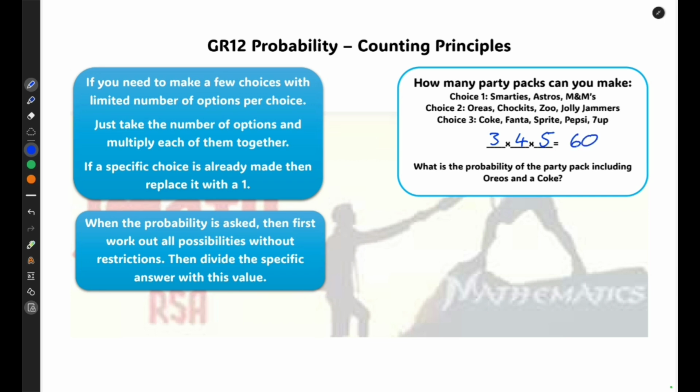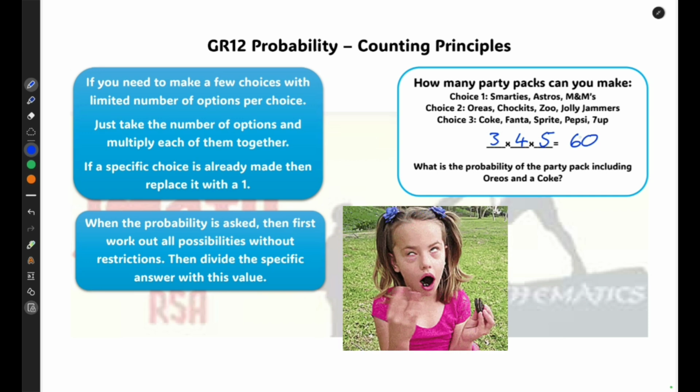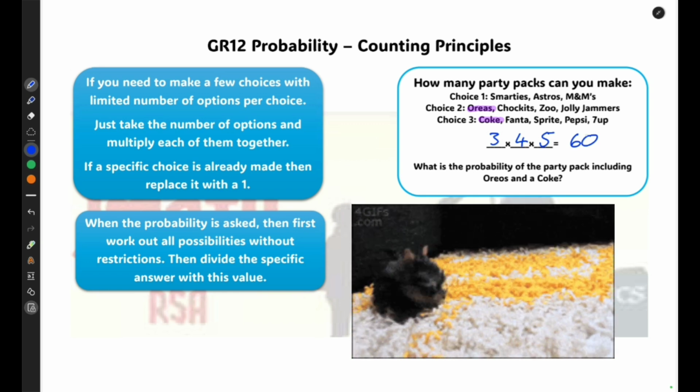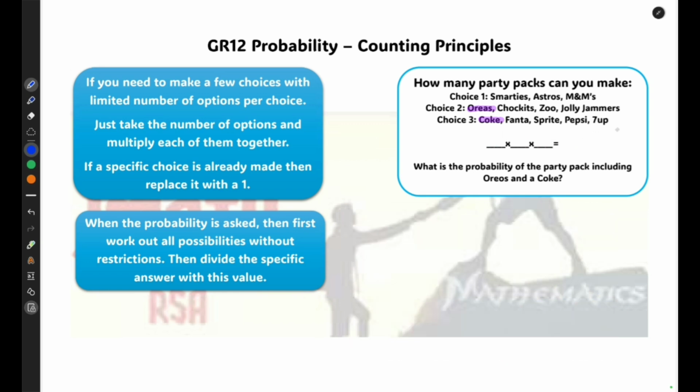So, guys, that's what I mean with these steps. You check how many options are there for each choice, and then you just multiply them. But if they make a certain choice for you, like the second question, what is the probability of a party pack including Oreos and a Coke? Then we're taking away options there. So it's not 60 possibilities anymore. They're saying Oreo, so choice 2, I have chosen, so it's only 1. And choice 3, I've chosen Coke, so it's only 1 there. But they can still choose between Smarties, Astros, and M&Ms,